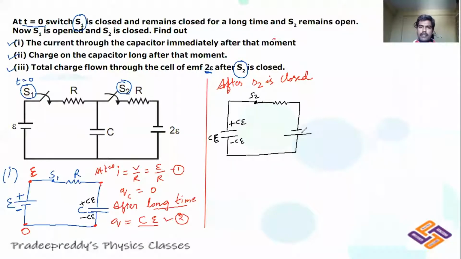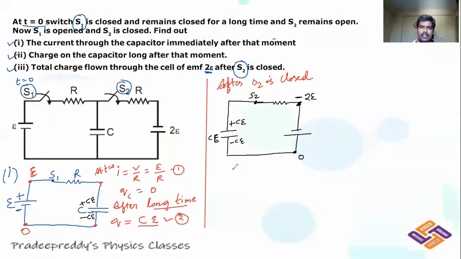Now, when switch S2 is being closed, here we have potential minus 2E, and here we have potential 0. Because the battery is connected in reverse polarity to the capacitor, I am considering the potential over here to be minus 2E, right? Now you should find out, when the switch S2 is being closed, what does this battery do? This battery will transfer some charge from one of the plates of the capacitor, and finally there comes some charge Q. I want to find out that charge.